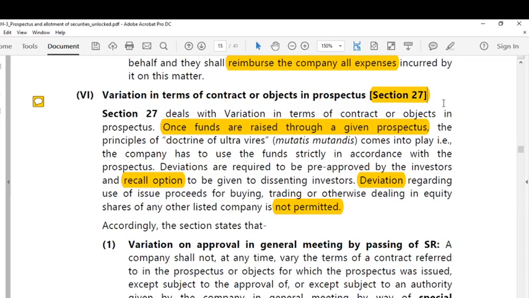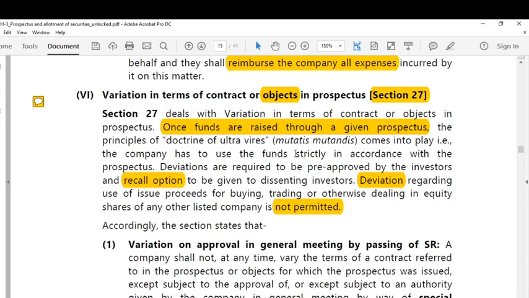So, dear students, here the point you have to understand is that whenever a company wants to raise a capital, it has to issue a prospectus, and the prospectus should clearly mention the objects for which the capital is being raised from the general public by issue of shares. So it is the objects which make the investors take a decision to invest or to subscribe for the shares of the company.